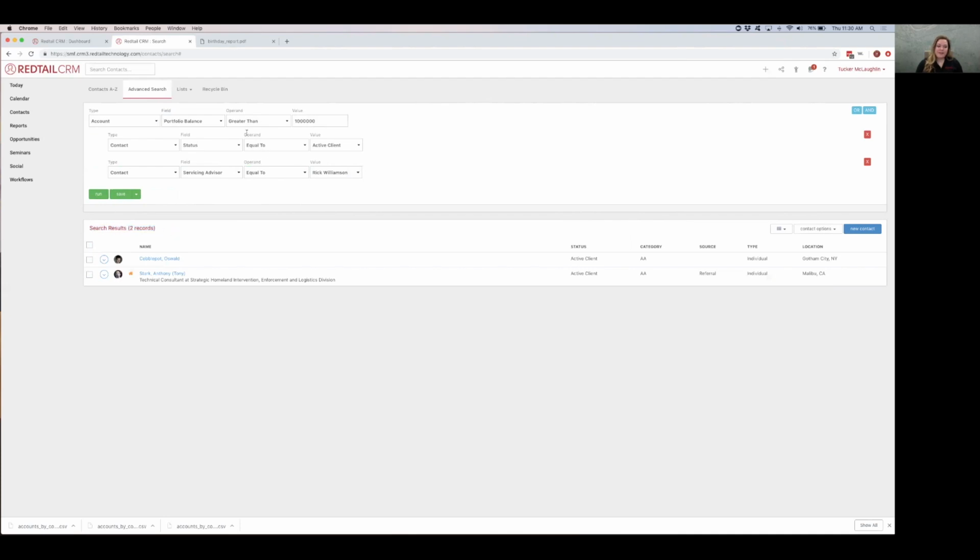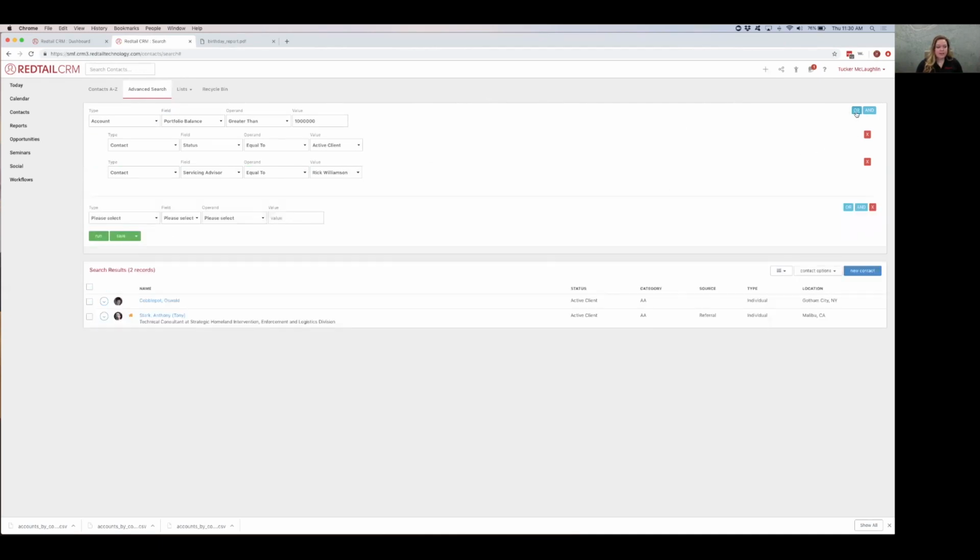Now, we've talked a lot about and limiting our search and funneling down. But if I wanted to run this exact search for 2 servicing advisors, I need to expand my search for an additional servicing advisor. So for that, I'm going to choose OR. And OR is going to create an entirely new search. So on the one hand, we're searching account portfolio balance greater than $1 million, status is equal to active client, and then servicing advisor is Rick. I'm going to add an additional search at the same time for all of the same information, just another servicing advisor. So I do need to input all that same info,